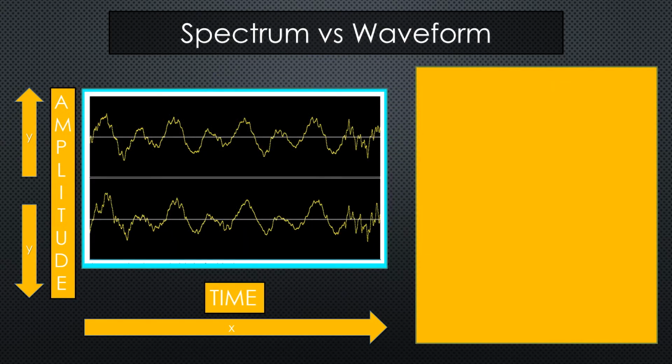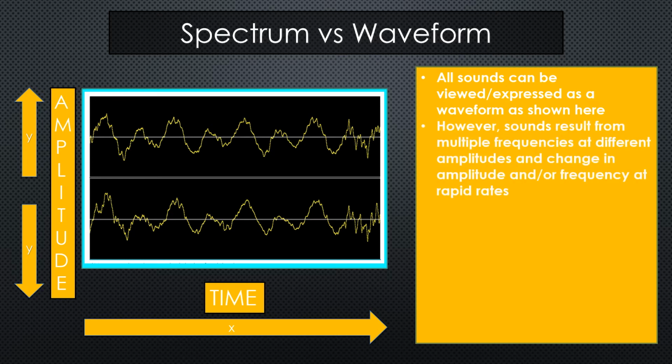So the graphical representations of sound that we have been looking at thus far could be referred to as a waveform. They show us the displacement of air over time. All sounds can in fact be viewed and expressed as this waveform, such as the one shown on the left. Any sound that is made can be expressed this way because, again, remember, that's ultimately all that sound is. It's just changes in air pressure. The waveform showing here is a complete representation of that sound, but it doesn't give us everything that we necessarily want to know about sound.